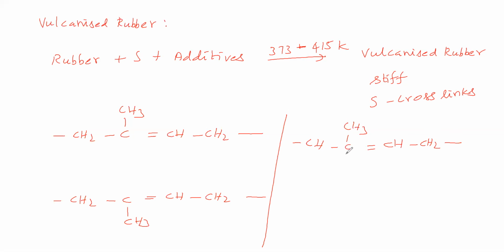It is a polyisoprene chain. Another polyisoprene chain we have taken like this. Here instead of that CH3 we have given H, that we will make as CH3 here. Okay. Now what we